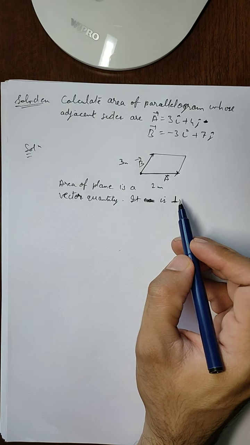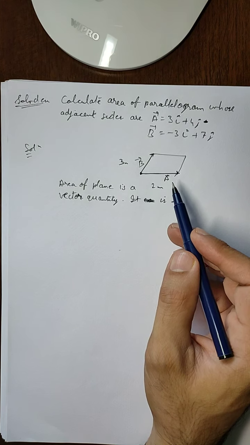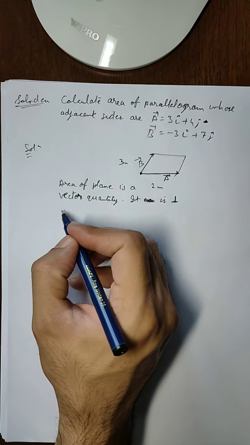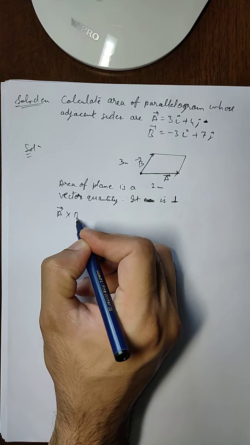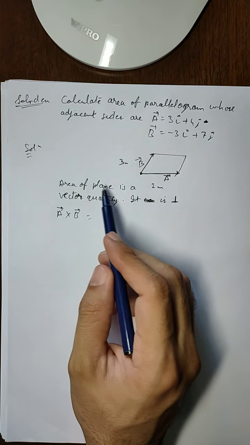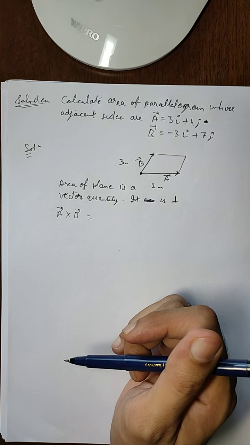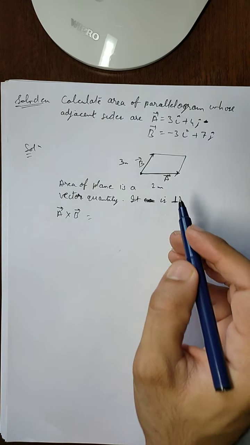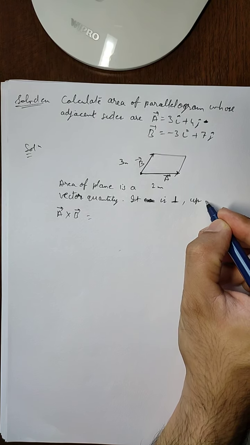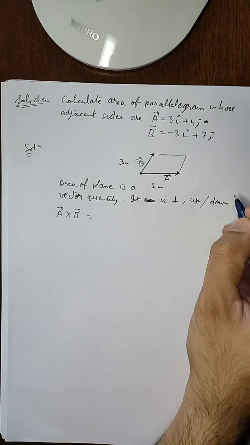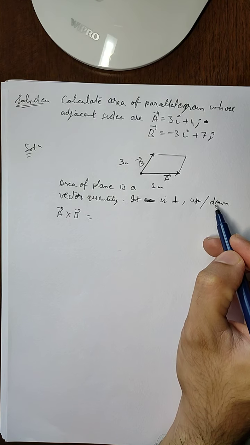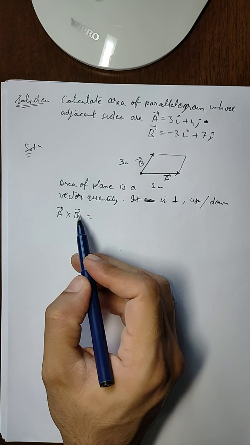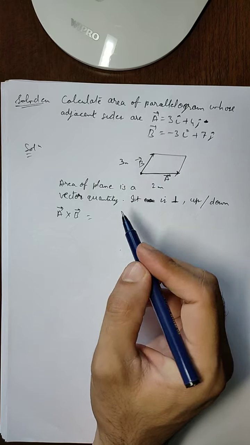So it will be perpendicular. Choosing upward or downward depends on us, and accordingly we will do the calculations. Here we are going to do A cross B. So from now on, remember that area of a plane is a vector quantity, no longer a scalar quantity like we used to treat it in earlier classes. It is perpendicular, either upward or downward. There is a choice between these two and we can choose whichever we want, but it will be perpendicular. If we are doing A cross B, it will be perpendicularly upwards.